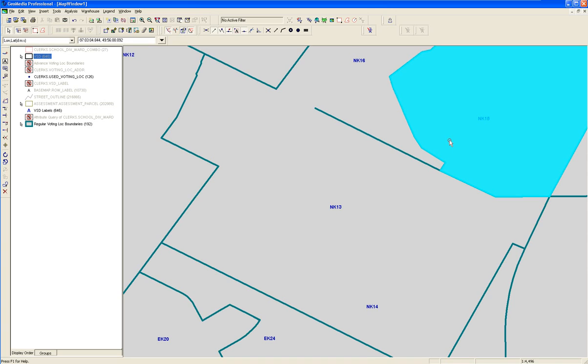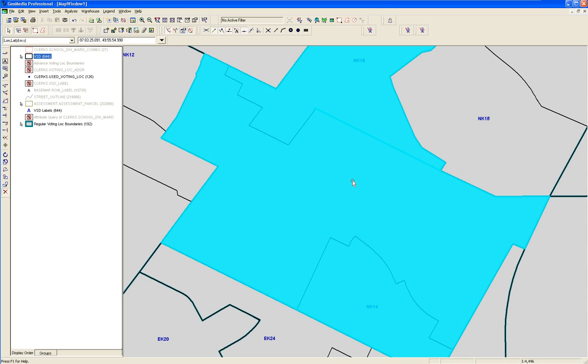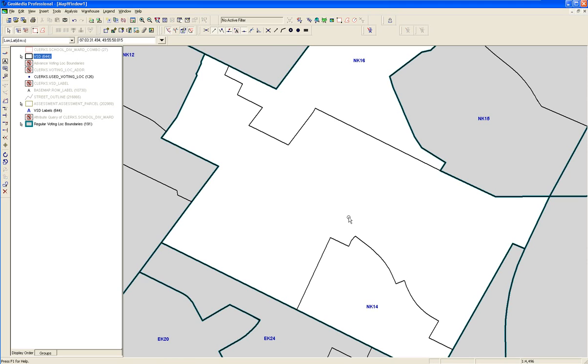It gets all confused. So the way I resolve this typically is I'll turn back on my voting subdivisions. I'll delete either this NK16 or NK13. In this case I'll just do NK13. So pick NK13, I'll delete it, Control D. Boom, it's gone. Then I'll delete the voting boundary. So now basically I've got NK16, I've got NK14, but I've got nothing here. So the easiest way to recreate it, and you don't want to go redrawing it, especially if there's curves,